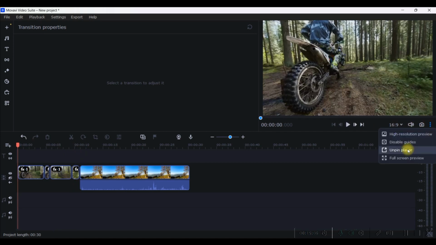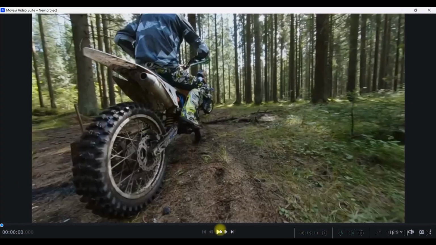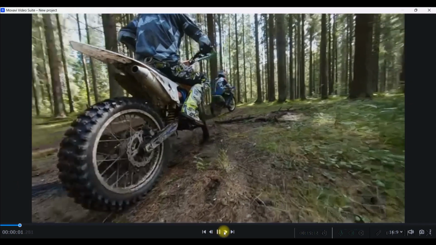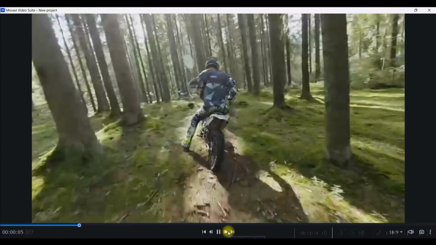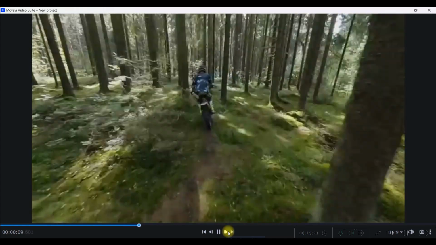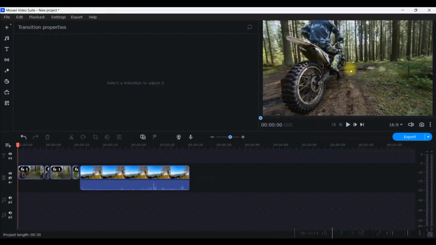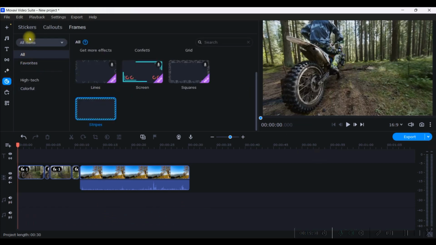If I unpin the player by going to the right hand side option, three pins, and then if I just start it, see, this is how it is looking. This is slow motion, time warp, again slow motion. Okay, and next is keyframe animation. Where do we need keyframe animation? Let's suppose I want to use one